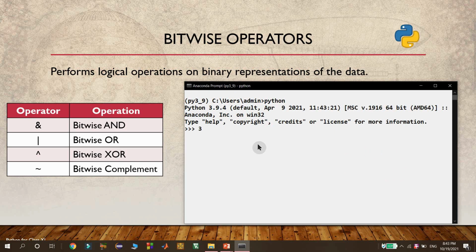Now I am performing the bitwise AND operation between them. Then we got 2 as the result. Now let me consider the OR operator between these 2 operands. We need to use the pipe symbol to get the OR operation. Then we got the result 11 here. Now I am performing the bitwise XOR operation between these 2 by using the cap symbol. Then we got 9. Then I am going to complement each bit in the given number by using the bitwise complement operator, the tilde symbol. Let me consider 3 as the operand for the complement. Then we got -4 as the result of this bitwise complement.